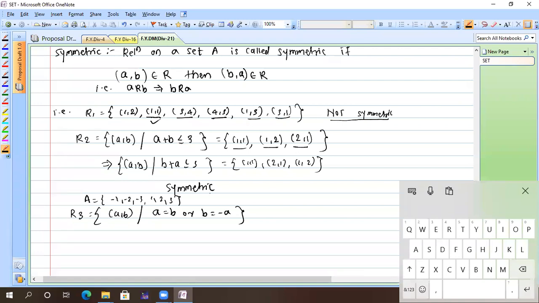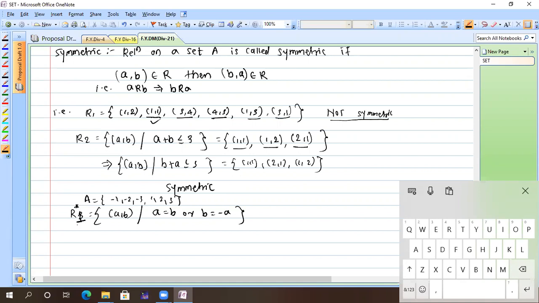I have changed my set and I have taken this relation. Okay, this is my new relation, I can call it the star relation. Now on A, whether this is symmetric, that is my question. Yes, sir. How? Because it will contain (1, 1) definitely, and (-1, -1) will also exist. So the vice versa is also present. So it is symmetric.